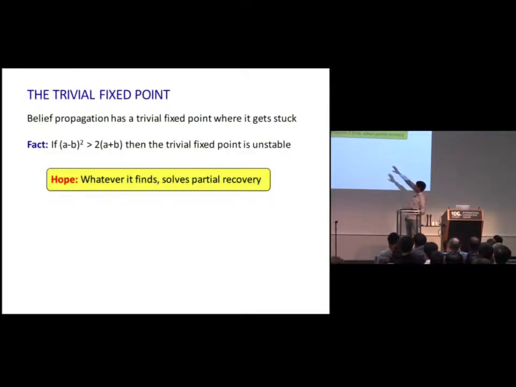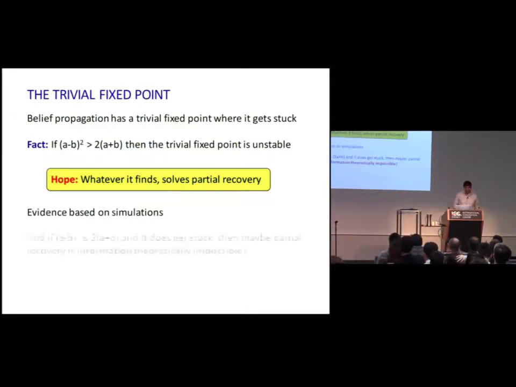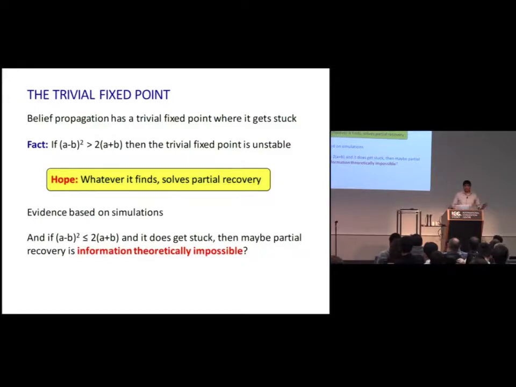And when (A minus B) squared is less than or equal to 2(A plus B), belief propagation gets stuck. So that must be because the problem is just information theoretically impossible, and the problem can't be solved. And the other part of the hope was that when (A minus B) squared is larger than 2(A plus B), belief propagation doesn't get stuck there, so hence whatever it reaches eventually in this iterative procedure must solve partial